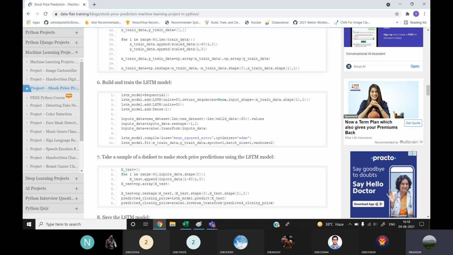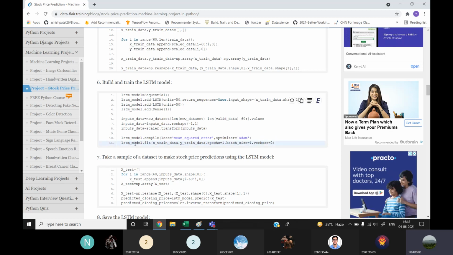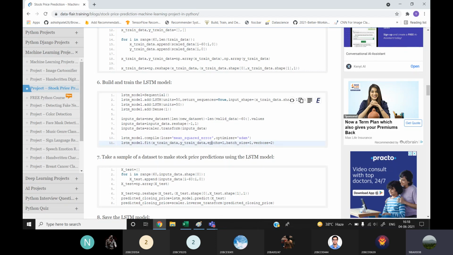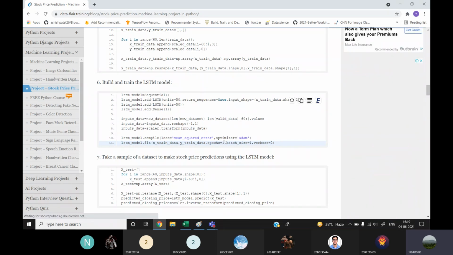And finally, we will fit the model on our training data. So lstm model.fit xtrain data, which we have already filled here, and ytrain data, and epoch equal to 1. That means it will train only once. We can change this epochs parameter to 10 or 20 so that we get a good amount of accuracy.